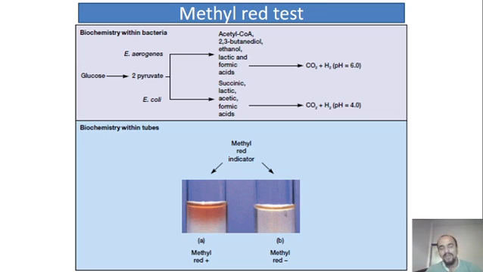So E. coli group of organisms produce dark red color once you add methyl red indicator. The medium used here is glucose phosphate broth. So glucose plus KH2PO4 phosphate as a buffer. So bacteria use glucose and convert it to acidic products. If the medium turns acidic, methyl red would turn the medium deep red.